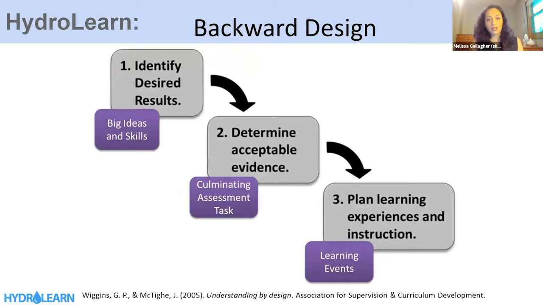And again, we're going to think about this from a backwards design perspective. So yesterday we identified desired results with our learning objectives by creating learning objectives. So today we're going to talk about the second step in backwards design, which is determining acceptable evidence, which would be assessments. And for the purposes of HydroLearn, we consider the learning activities to be the primary assessments.